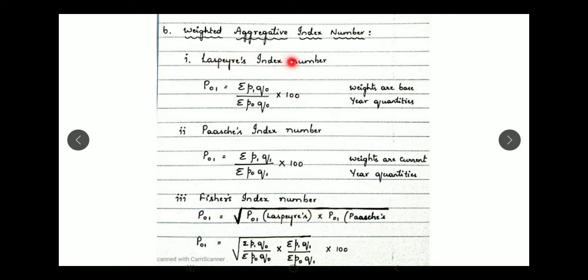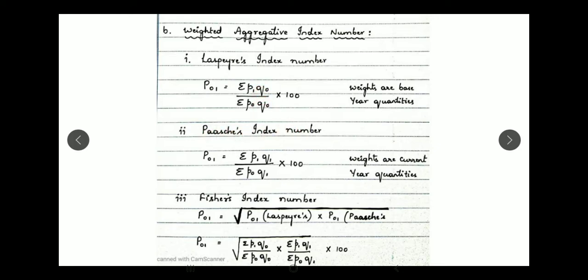One is Laspeyres index number, one is Paasche's index number, one is Fisher's index number. Now, the Laspeyres index number formula goes like this. They give weights on the basis of base year quantities. Importance is given on the basis of base year quantity. P1 divided by P0 is standard, summation of P1 by P0, whereas Q0, that is the quantity in the base year, is used as weights in the Laspeyres index number.